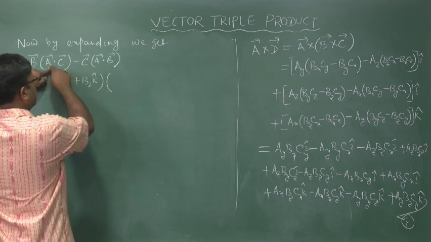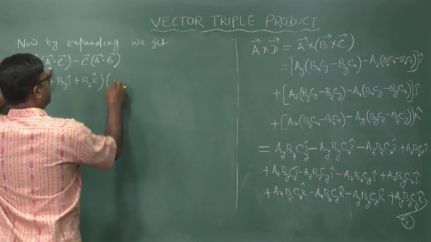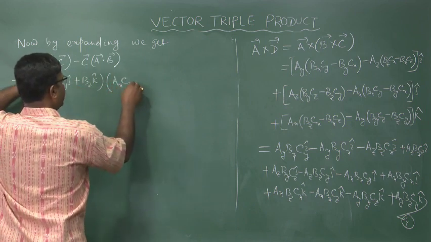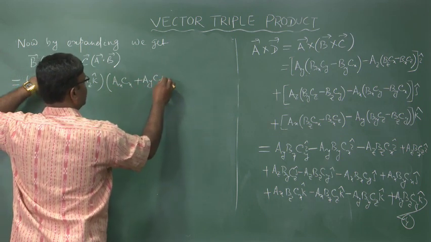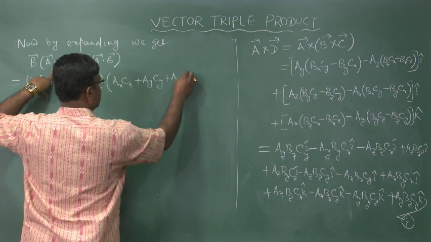Hence in place of A vector dot C vector we can write Ax Cx plus Ay Cy plus Az Cz